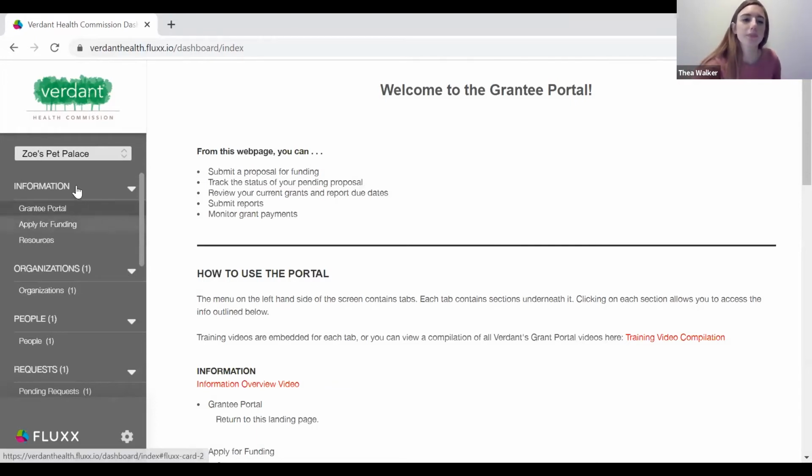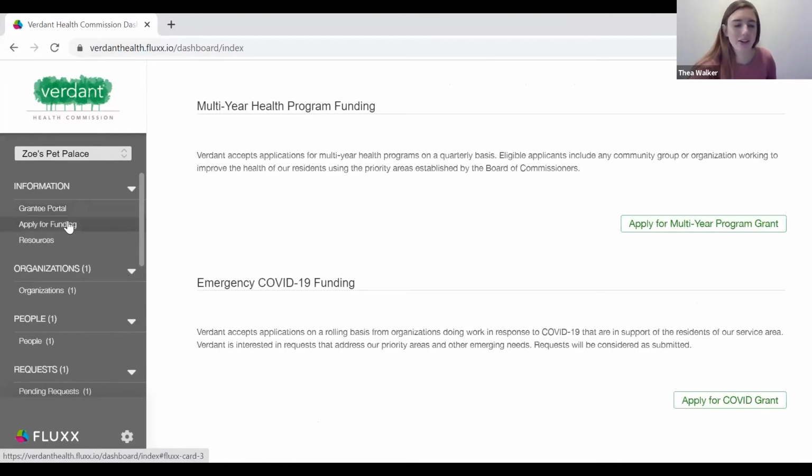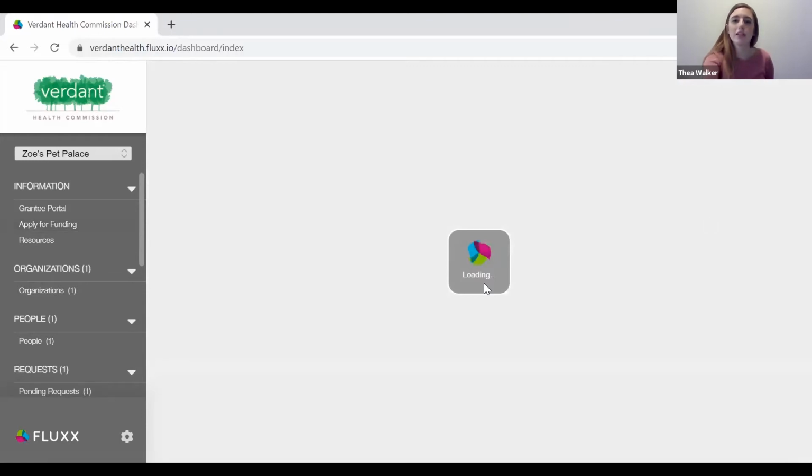And from there, it's super self-explanatory. You're going to hit apply for funding right underneath the information tab over there. So we're just going to focus on this multi-year health program funding. So over on the right, you're going to click this button that says apply for the multi-year program grant, and you're going to be taken to the application,